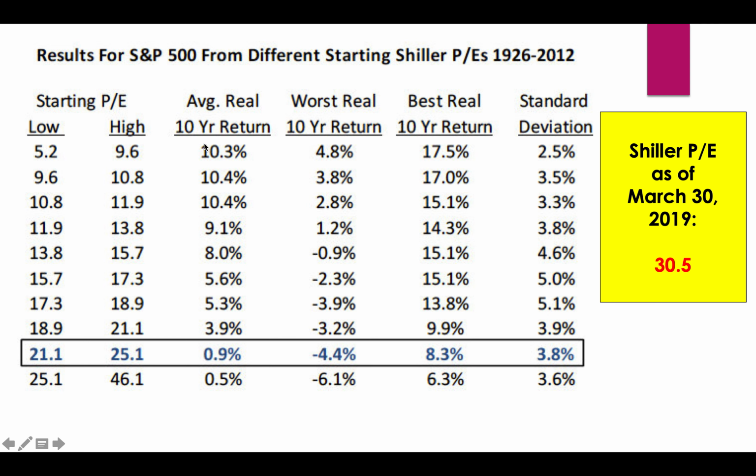average real return? Nominal return minus inflation. The average is pretty high, 10.3. And when you have a higher PE ratio in this range, what is the average 10-year return? Only 0.9. Again, I would caution that because of some accounting adjustments, people might say, well, maybe 23 nowadays is more like 18 where it used to be, and maybe the average return ought to be 5.3. And Shiller has actually a slightly different index that he put together a couple years ago that basically takes into account those adjustments.